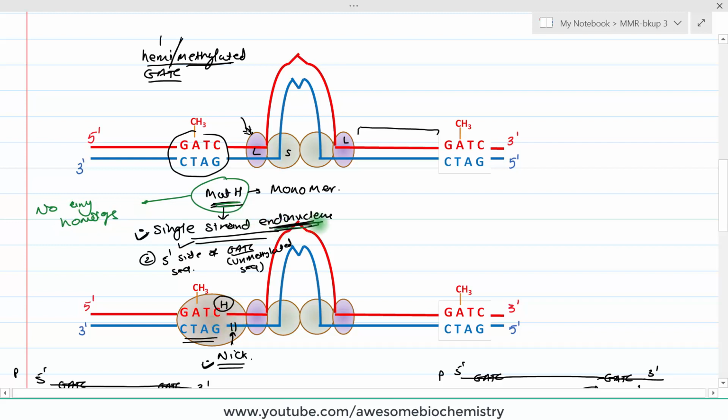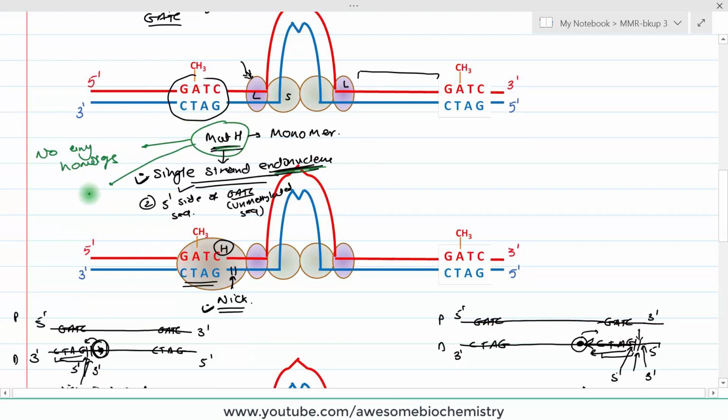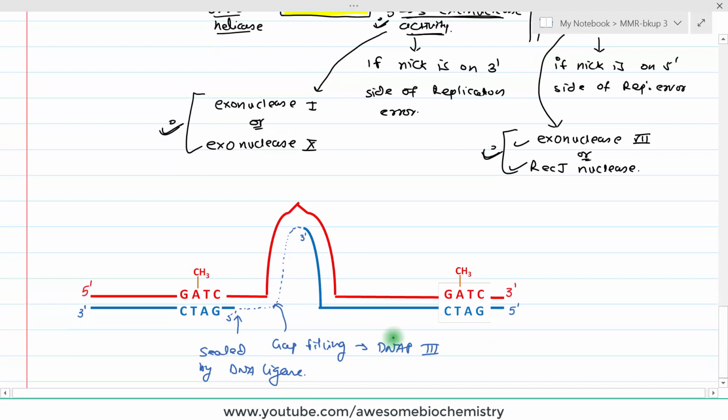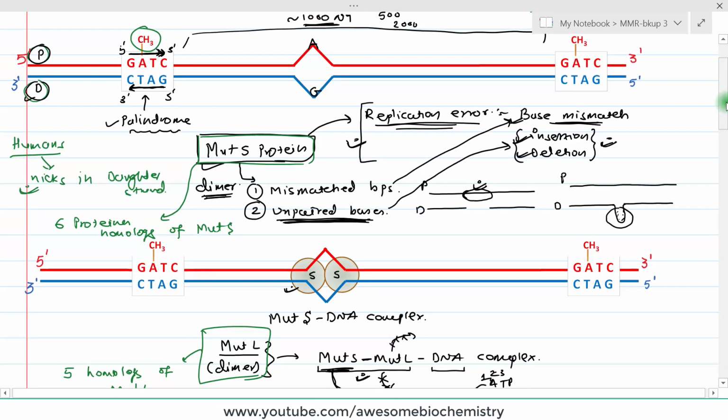But here you can see MutH protein carries out endonuclease activity. The same type of action is carried out by a different set of proteins, but which proteins these are is not yet clear. One more thing about MutH is that its homologs are found in other gram-negative bacteria only. Okay. Then what is the other difference? The other difference is in the gap filling. Gap filling in bacteria is carried out by DNA polymerase 3, whereas in case of human, it is not clear, but it is probably by DNA polymerase delta. Okay, so these are all the major aspects of the mismatch repair mechanism.